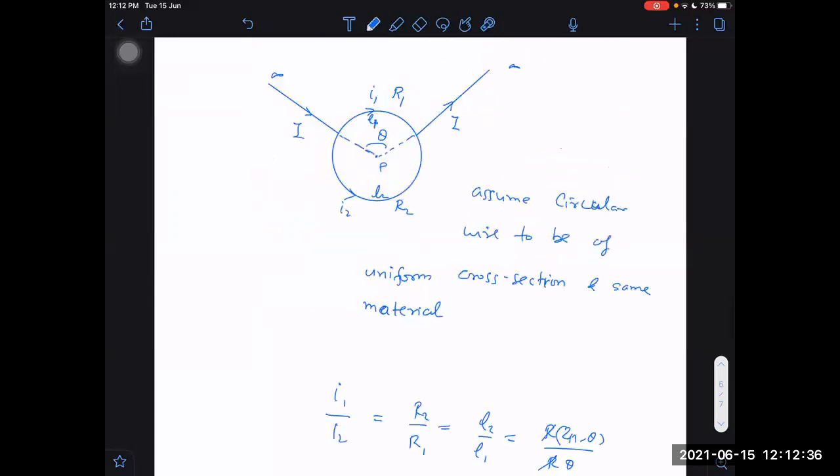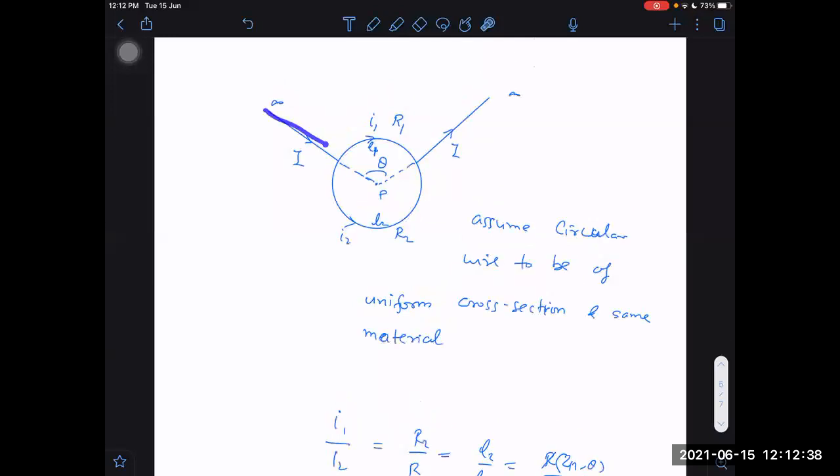And what about the straight wires? The contribution of the straight wires to the field at this point will be zero. How do I know? dL vector and r vector: notice dL and r are in the same direction, passing through this point. This is also passing through point P. So due to both these wires at point P, the field will be exactly zero only. Okay. Sir, understood? Right.